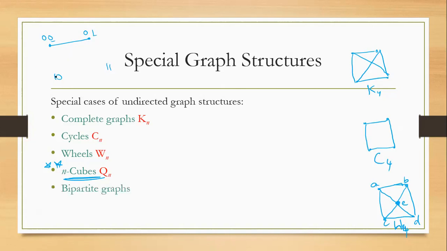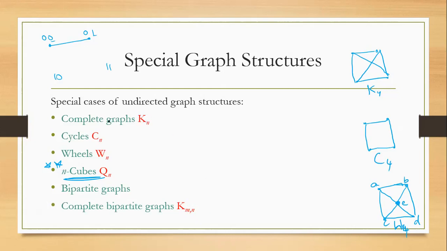After that we have bipartite graphs. What are bipartite graphs? Whenever we can divide the graph's vertex set into two subsets such that if we create an edge, one vertex is in one subset and the other vertex is in the other subset. Next was the complete bipartite graph. N-cubes are denoted by the notation Qn, and the complete bipartite graph is denoted by K of m comma n. Here m denotes the number of vertices in subset V1 and n denotes the number of vertices in subset V2.